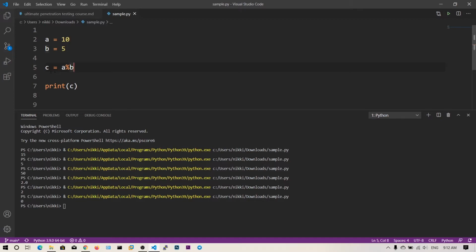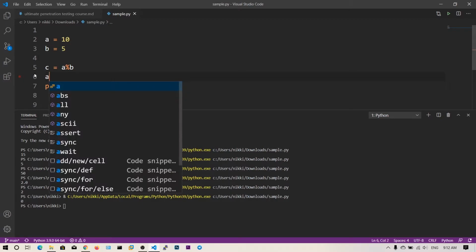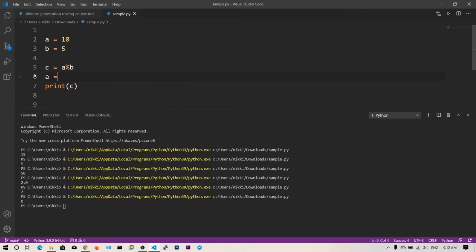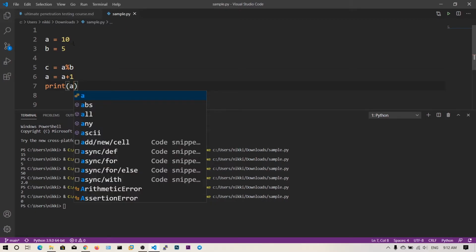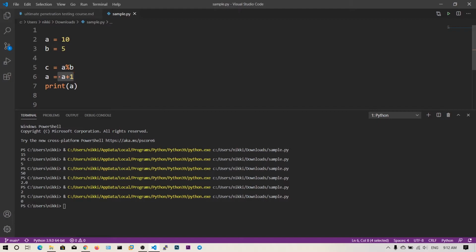Now I want to increment this. So I want to say a is equal to a plus 1, and again I am assigning that value to a. Now if I say print of a, the value will be 11 because we are incrementing the value and assigning it to the variable a.